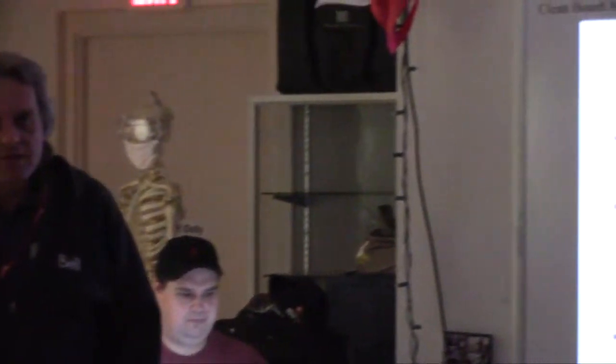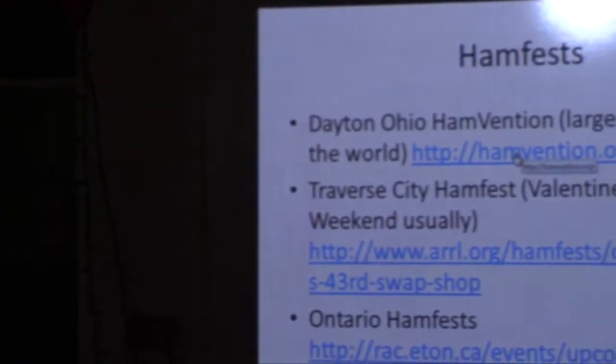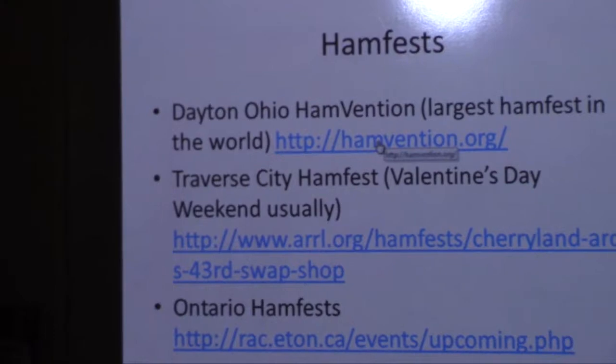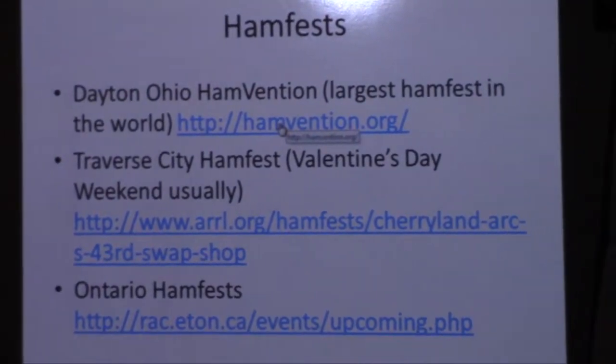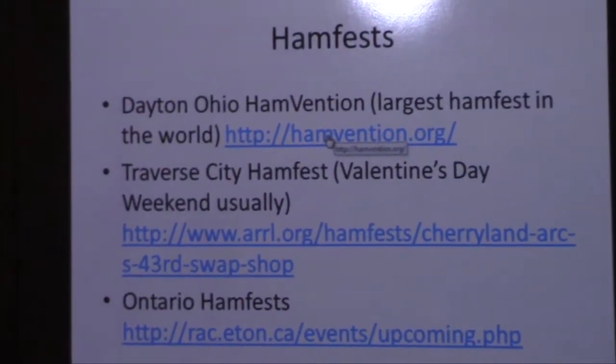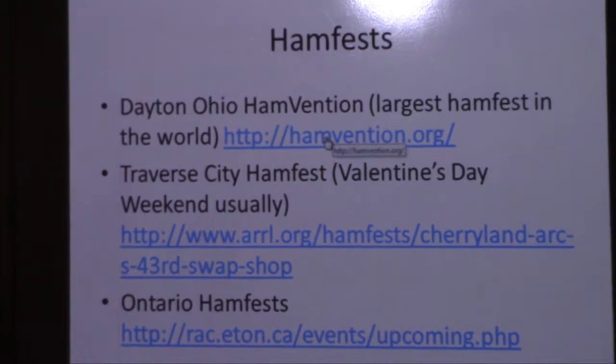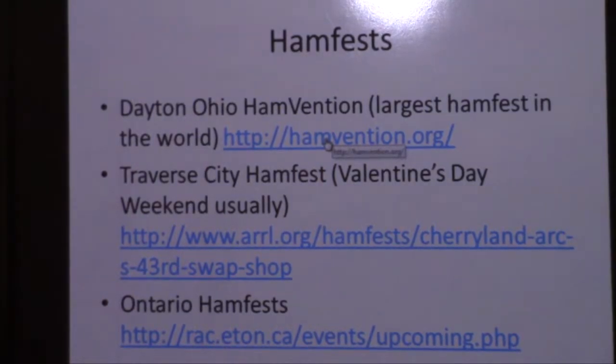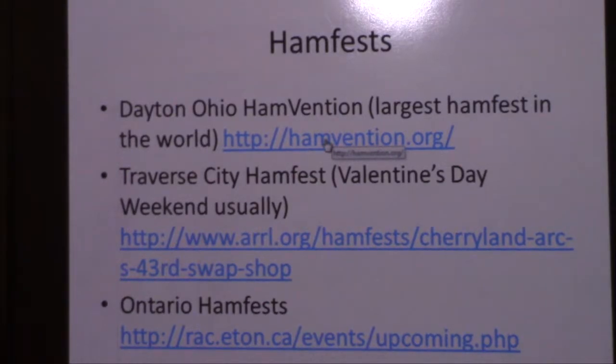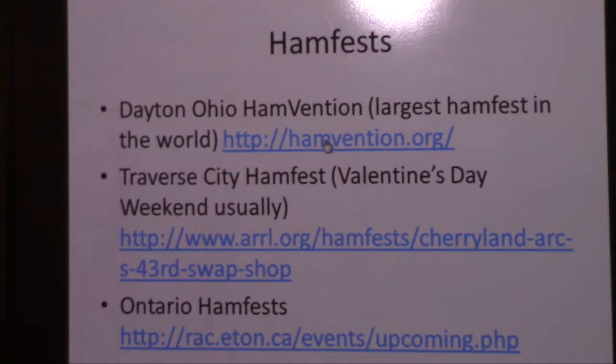The largest Hamfest in the world is in Dayton, Ohio, and it's held in, I think, May. This Hamfest is so big that even local vendors, local being that I drive to Dayton with a truckload of my gear,